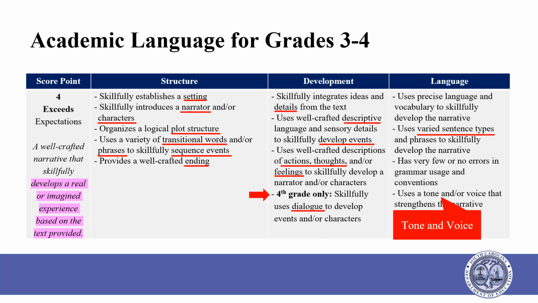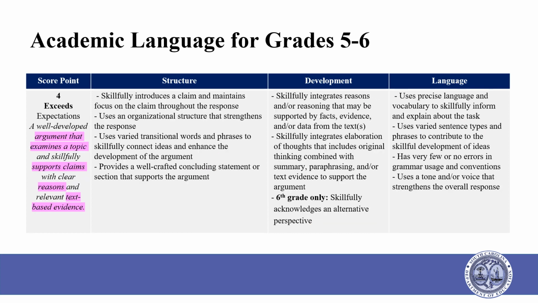Since this is a holistic rubric, students whose writing is structurally sound but may not have a powerful voice will not lose a score point. In other words, those students can still score in the 4 range. Remember, a holistic rubric looks at the overall quality of the writing and does not use the descriptors in the rubric as a checklist to award points. Holistic rubrics allow the scorers to determine what the students do well and does not require that the scorers take away points for weaknesses. Let's move to the TDW rubric for grades 5 and 6.